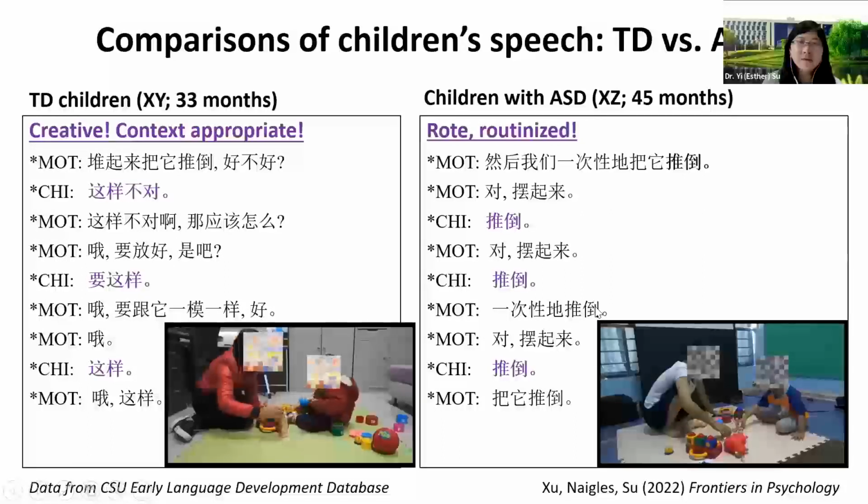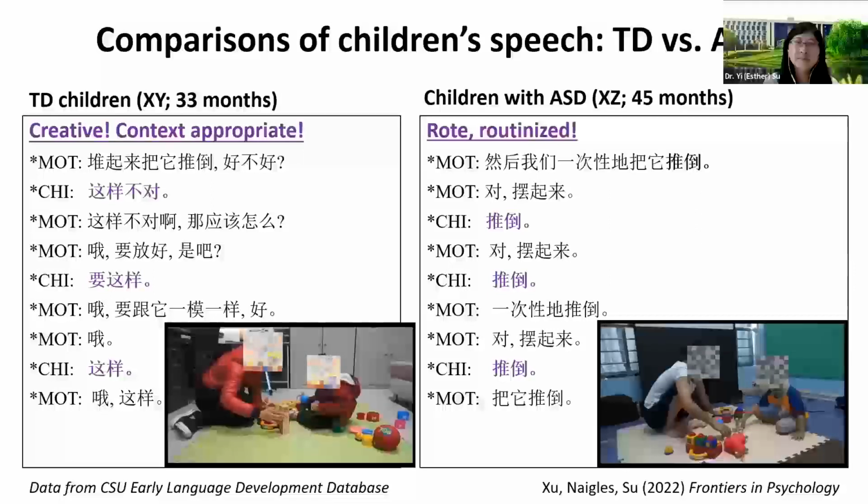背起来，把它推倒，好不好？这样不对。这样不对呀，那应该怎么？要放好是吧？这样。就跟它一模一样好。这样。这样好。 So, so you can see on this video is about this TD child, and then on the right we